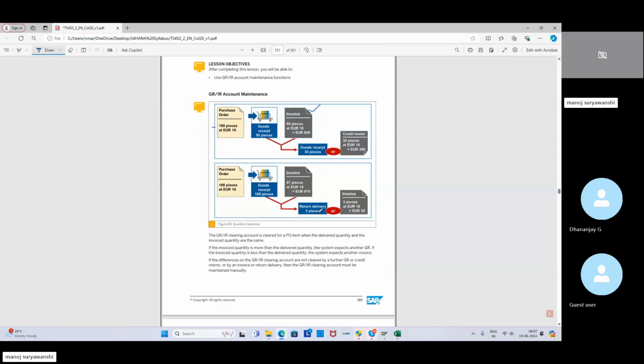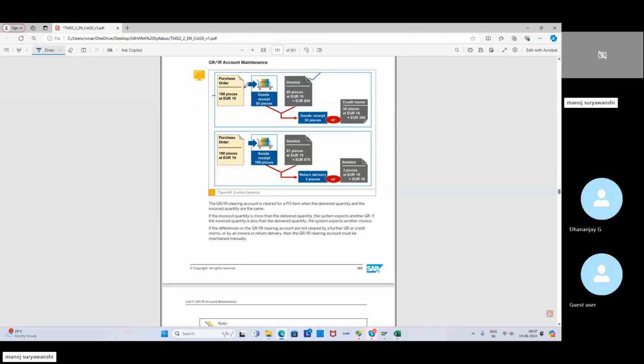और उसका जो ऑफसेटिंग एंट्री है वो डिपेंड करता है कि उसका हिस्ट्री क्या है उसके ऊपर। And so the whole purpose of GRIR account maintenance is, if there is balance on the GRIR account, then it should be cleared off. If the differences on GRIR clearing account are not cleared by a further GR or credit memo or by an invoice or return delivery, then GRIR clearing account must be maintained manually। तो उसको manually maintain करना पड़ता है, उसको जीरो करना पड़ता है।